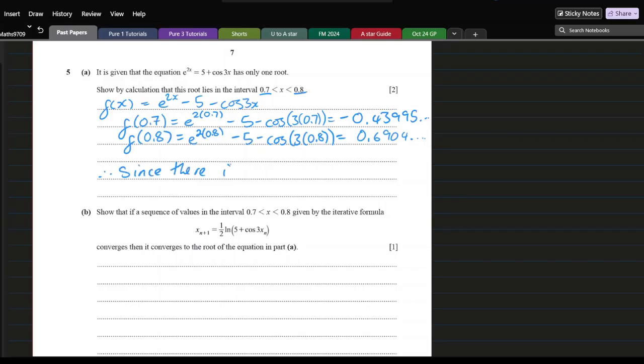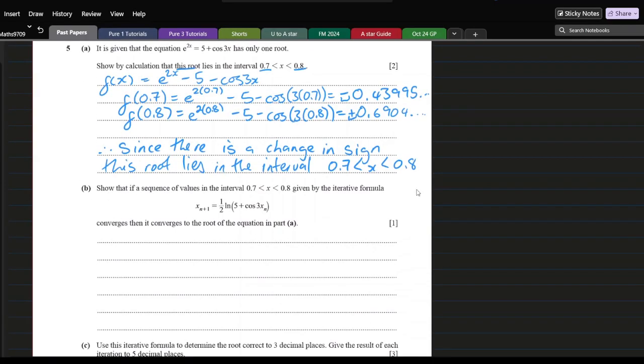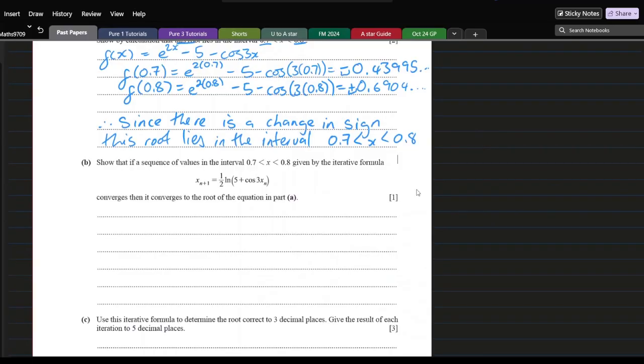since there is a change in sign, because this here is negative and this is positive, a change in sign, this root that we're talking about lies in the interval 0.7 and 0.8. Part B says that show that if a sequence of values in the interval x is between